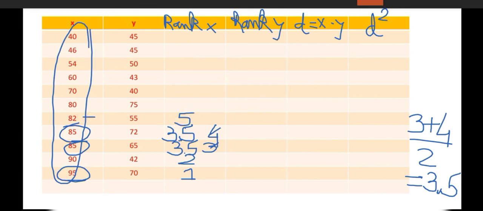3 and 4 completed. Now we have the next value, 82. So we'll give it rank 5. Then 80 is rank 6, 70 rank 7, 54 will be rank 8, 46 will be rank 9,